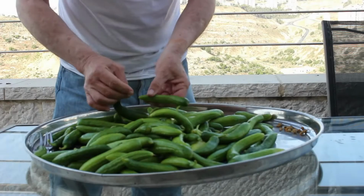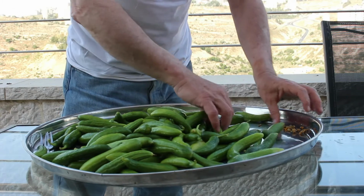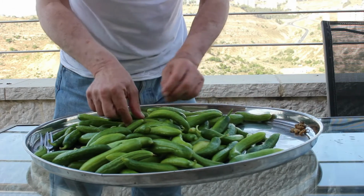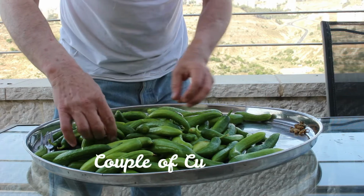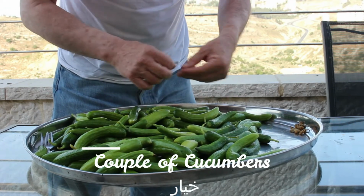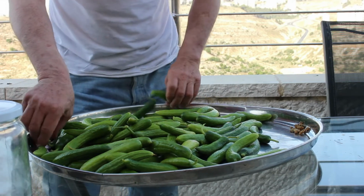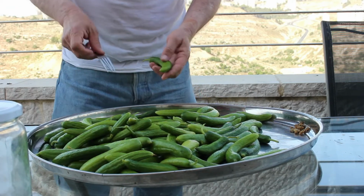How to make these amazing cucumber pickles, and it's my dad's speciality. So if you can, try to find small cucumbers. You can usually find them at ethnic shops. I think I've never gone to an ethnic shop where they didn't have small cucumbers, so just keep your eye out for them. But if you can't find them, then you can use big cucumbers, and you have to cut them,